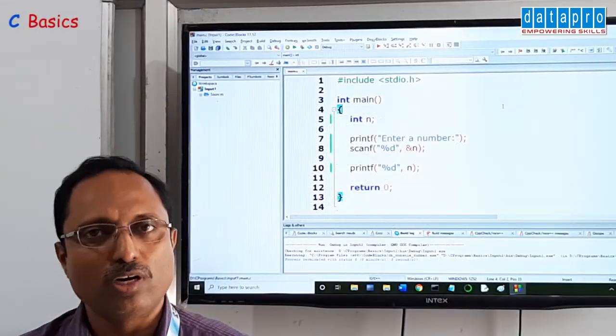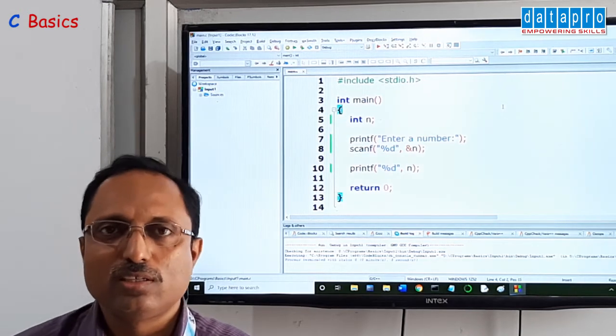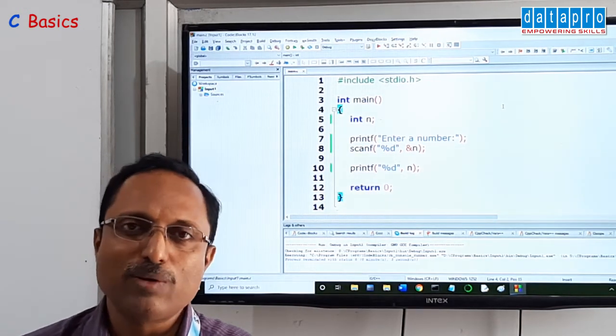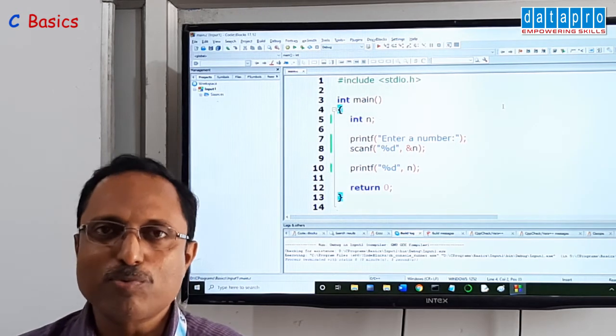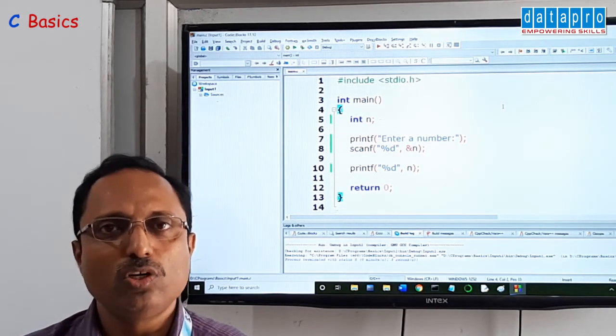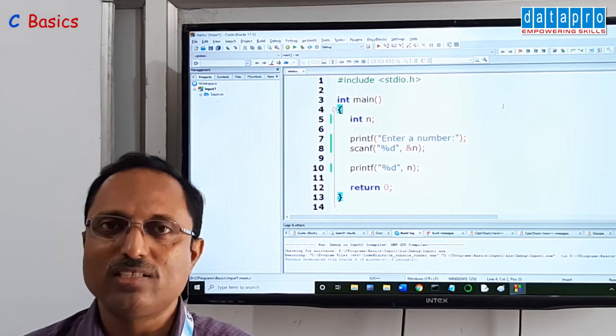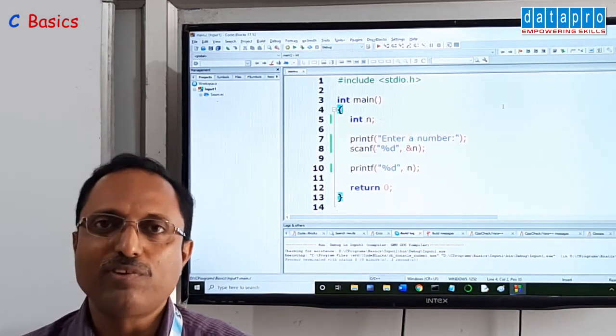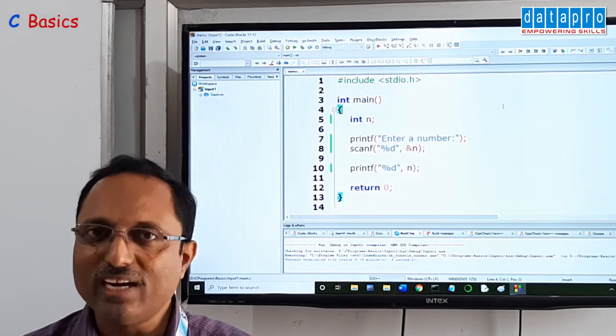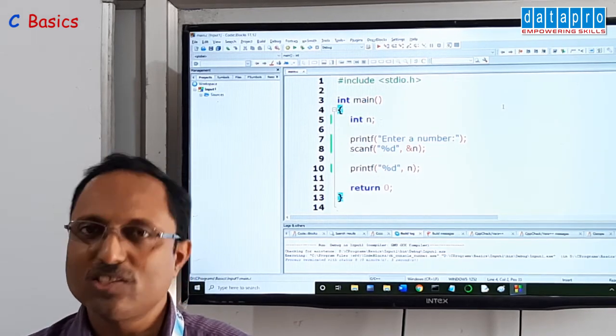You have seen three programs. First one, take one integer from the keyboard and display the same to the user. In the second program, we have entered two integers and then displayed the same. In the third program, we have done processing as well. After taking two integers as input, we have added them and displayed the sum as output.